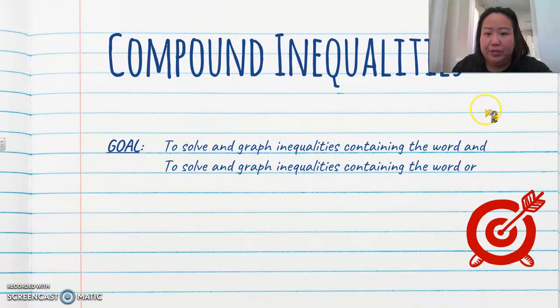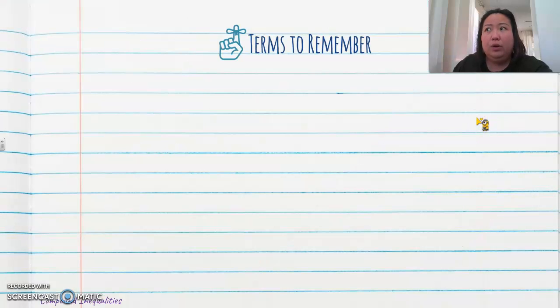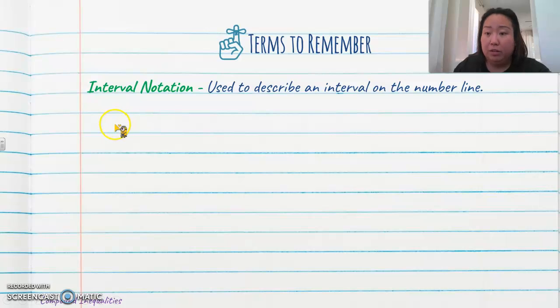All right, so here's the last part for compound inequalities, and this time we will be talking about other ways on how we can show inequality. So typically we do graphing, correct? And so today we'll be working on some interval notation. An interval notation is used to describe an interval based on what graph you are seeing on the number line, okay? Now we have a couple of symbols that we use when we are writing an inequality using